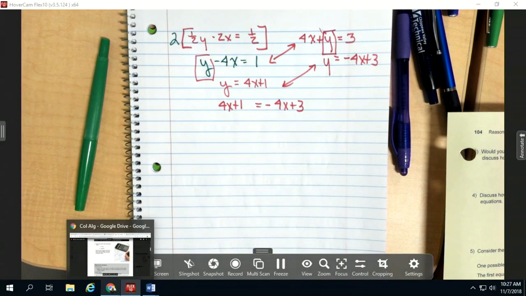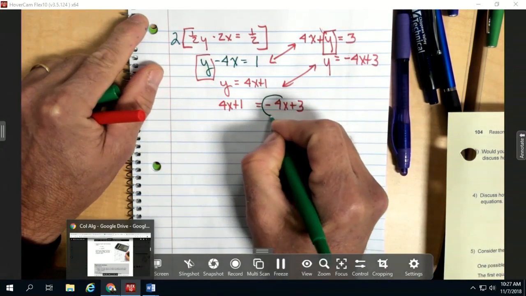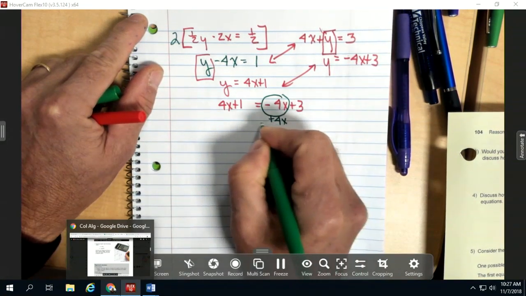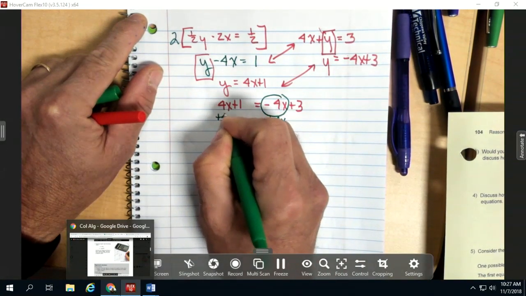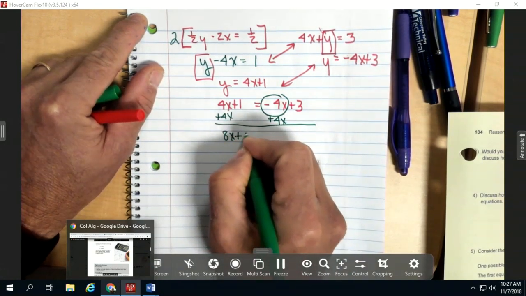And once again, somebody said, doesn't that make them parallel to each other? Because they saw the 4x on one side and the negative 4x on the other side? Remember what I told you to do in this case? Always move the smaller one, and negatives are always smaller, to the larger one side, and we get 8x